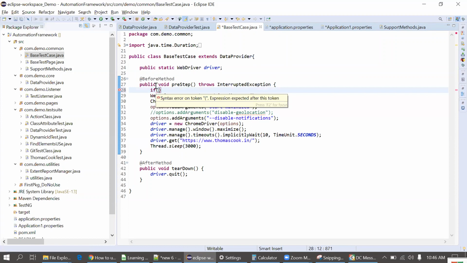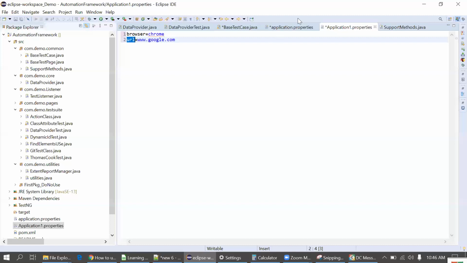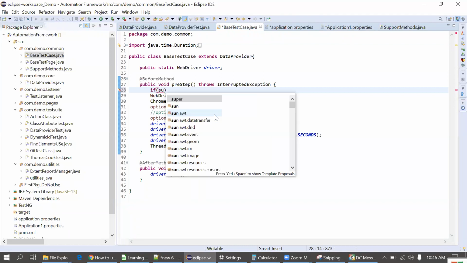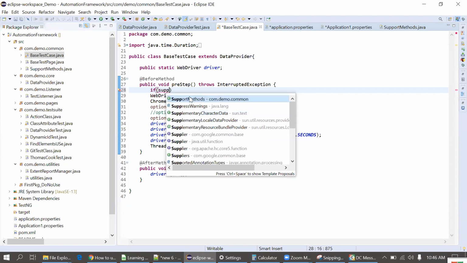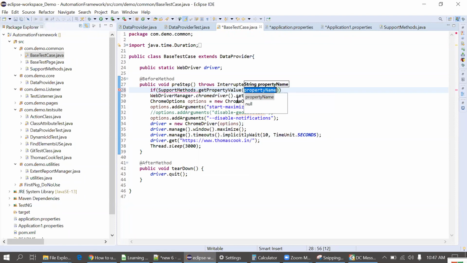Now which method have I created? This one method from the support method class. I will call that method here: support method, from the com.demo.common package, dot get property value.